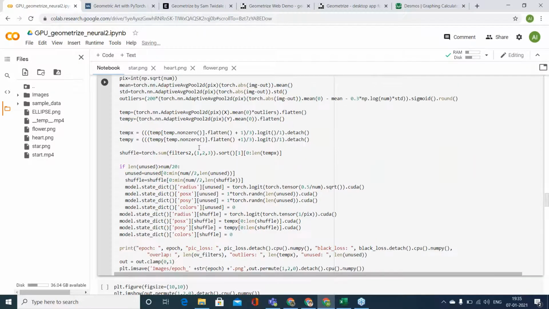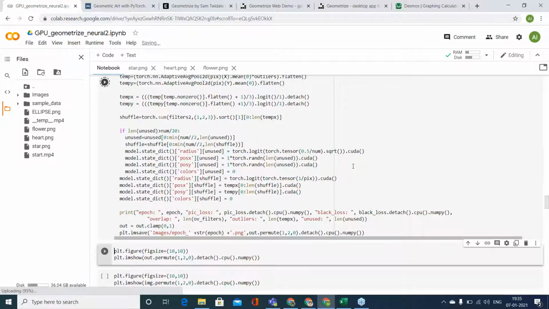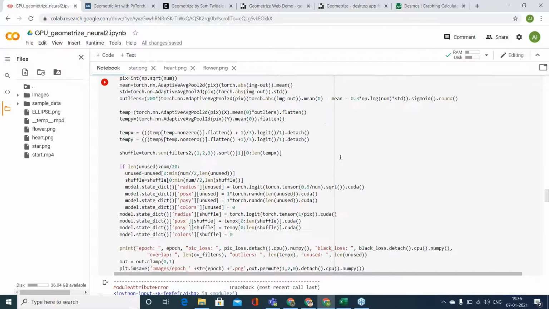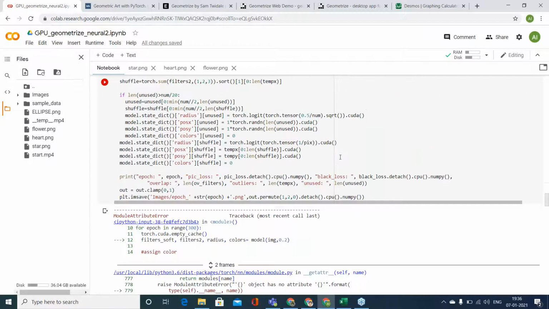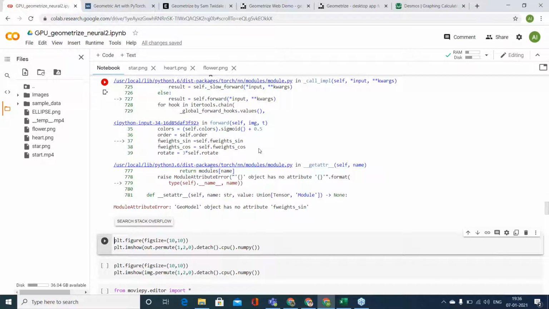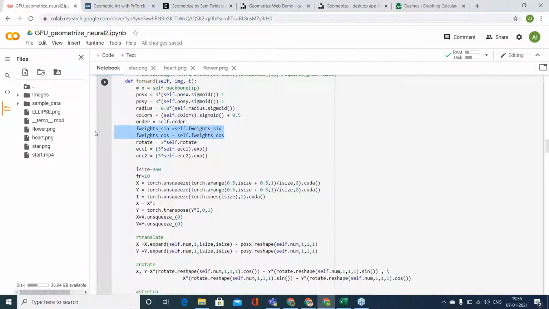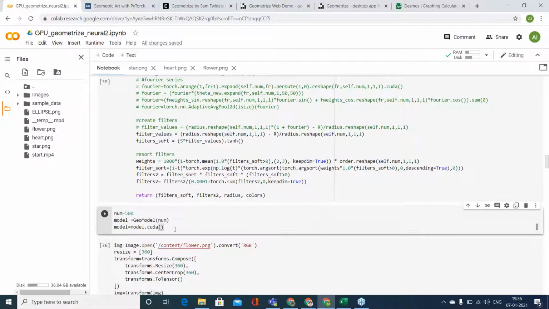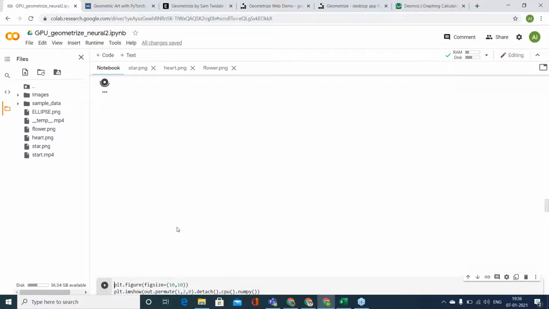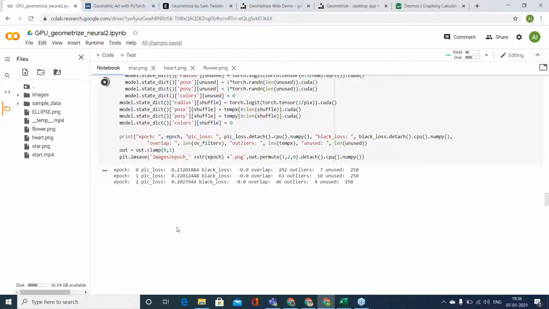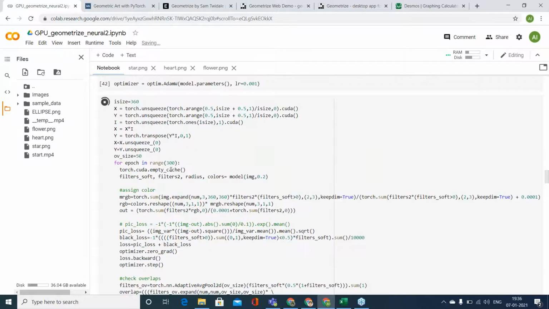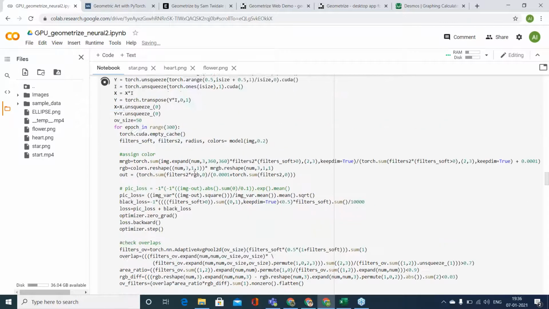Then it does a few other things, I'll explain. It will run this for 300 epochs. Let's see.